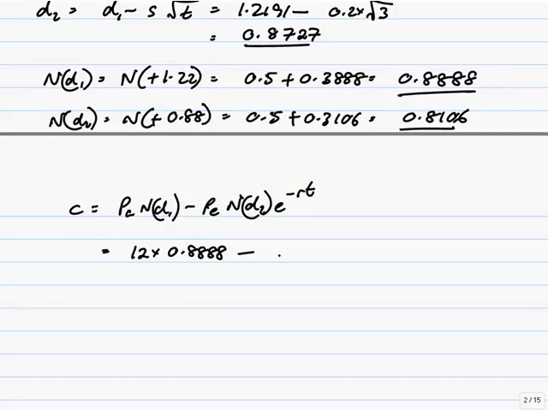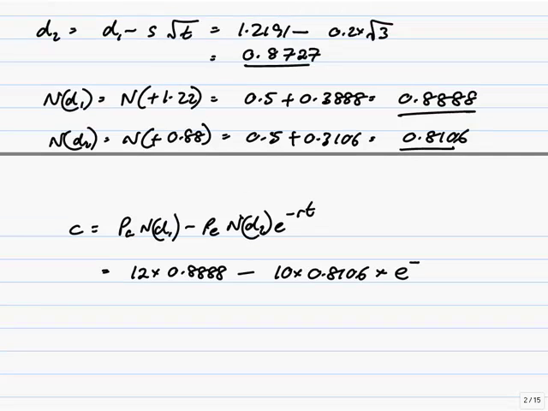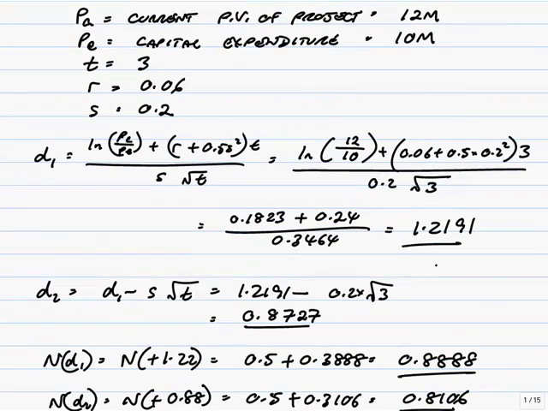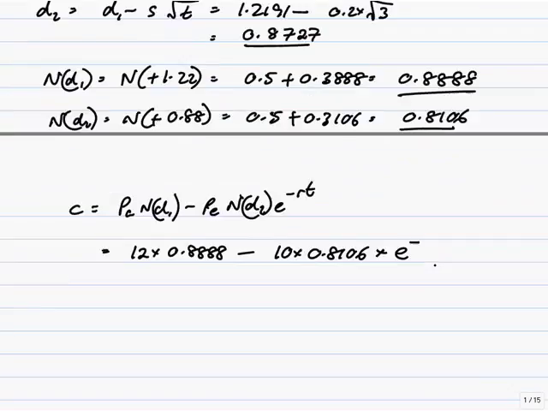PE, the exercise price, the amount to invest, is 10 million, times N(d2) e to the minus R times T. I can do this in my head, surely. R is 0.06, T is 3, so R times T is 0.18,